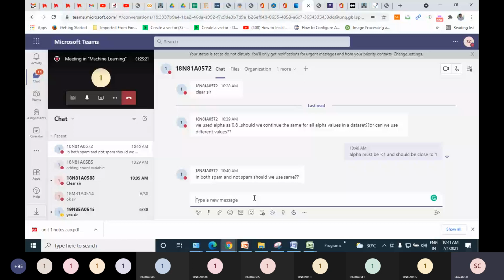So irrespective of the number of classes, if you are dealing with one problem, in the entire problem, wherever you get zero probabilities and wherever you apply smoothing techniques, the alpha value must be the same. And if you are using Laplace smoothing, alpha will be 1. Is that clear? Text classification using naive Bayes. Is it clear, my dear friends?